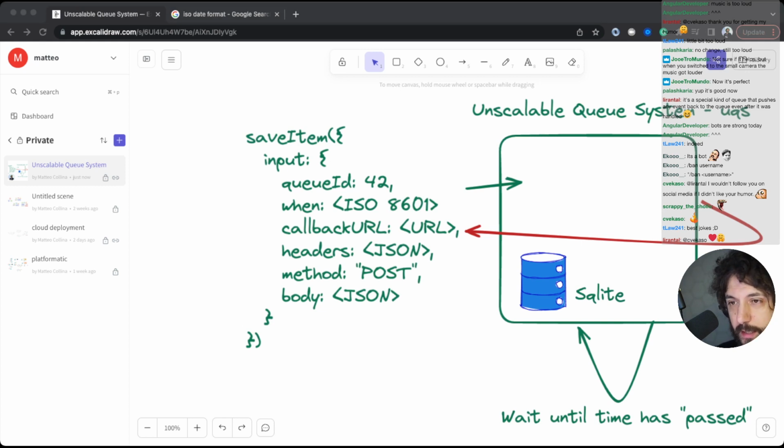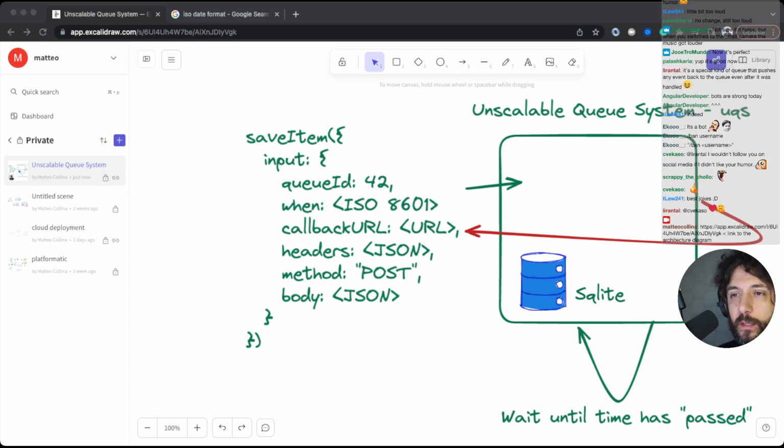And this is the link to the architecture diagram. Okay, and I'm going to pin it. Okay, should be good.